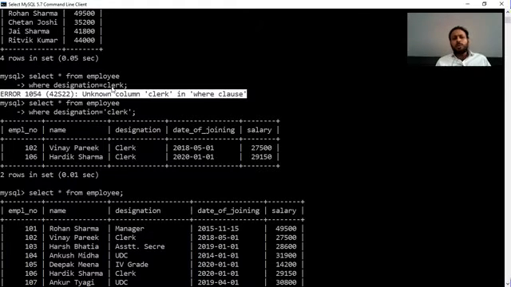There is no clerk column in the table, because I have to write clerk in single quotes so that it is a value. Without quotes, clerk is judged as a column.